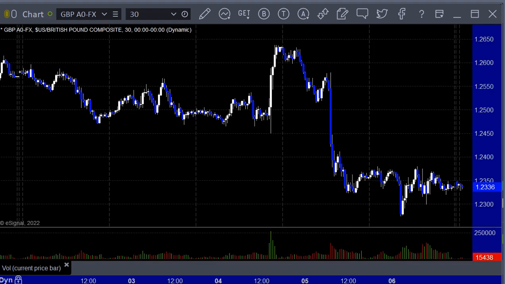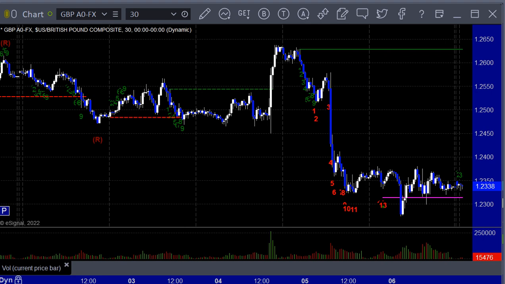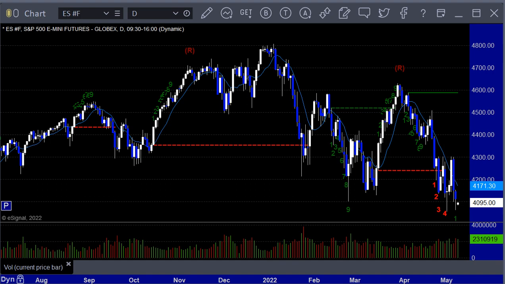Here's the pound dollar. This is bigger. I mean, 350 pips, 375 pips. But again, the early part of the week was dead. Then with the announcement, spike up. So the dollar got weaker for a few minutes, but then came back down later on Thursday night, and then Friday was dead. So it's really Thursday was the only day of the week where there was action. So we don't want to get wrapped up just in one day. So we'll move on from that and stop dealing with it.